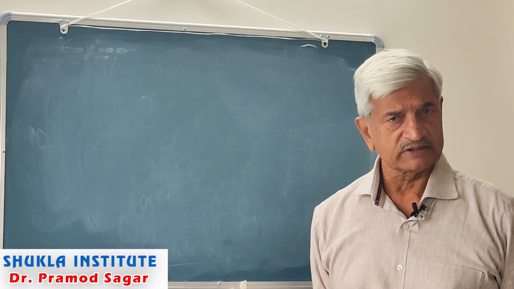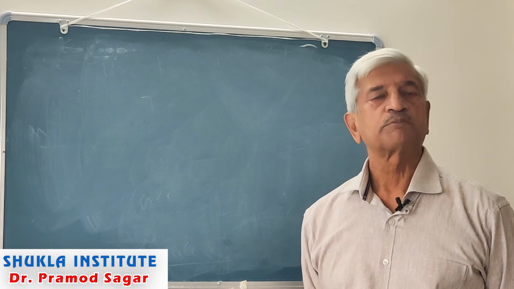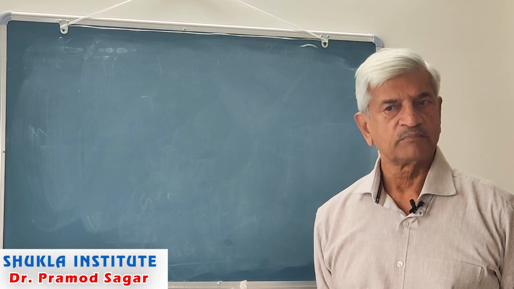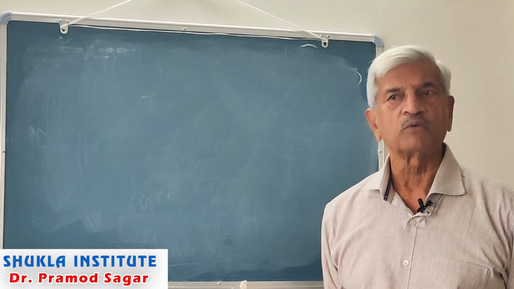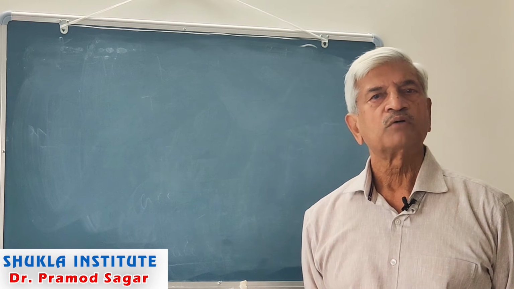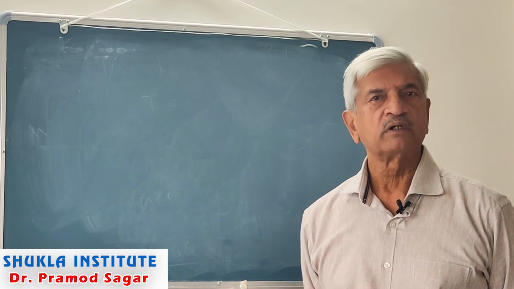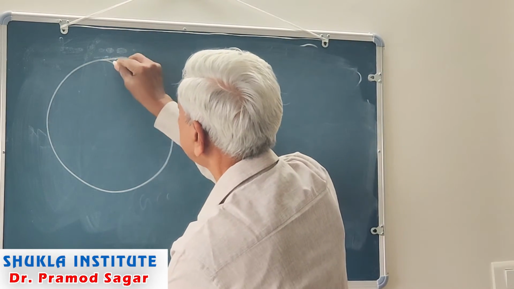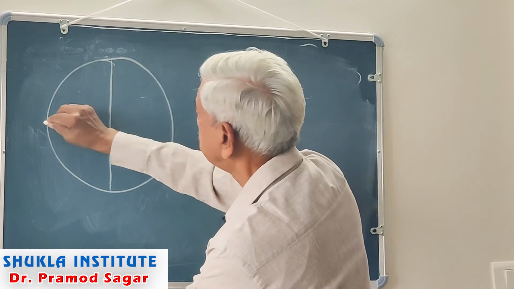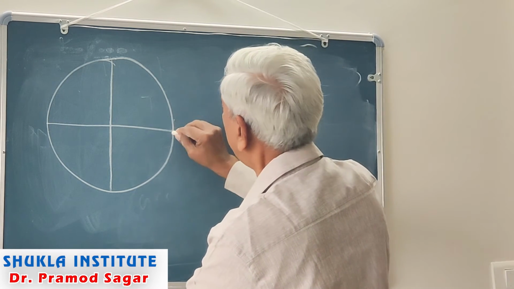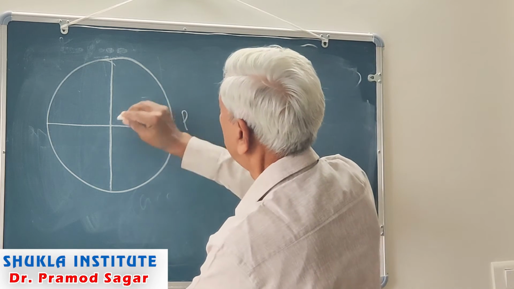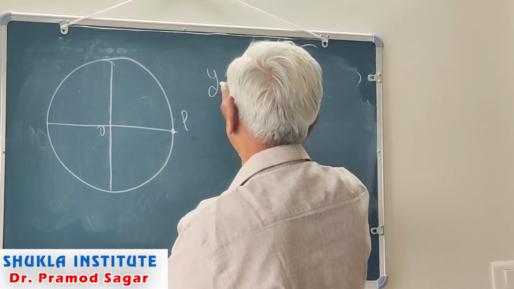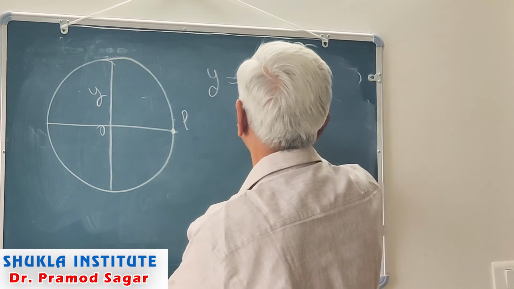Now let's see. If you recall, I had discussed with you that although a particle moving in a circle does not execute SHM, yet its projection on any of the diameters does execute SHM. I had even found out the equation of motion of such a projected point on the circle. If this is a circle, this is the diameter, and here is a body which is moving, but this is the projected point, and the equation which we had obtained was